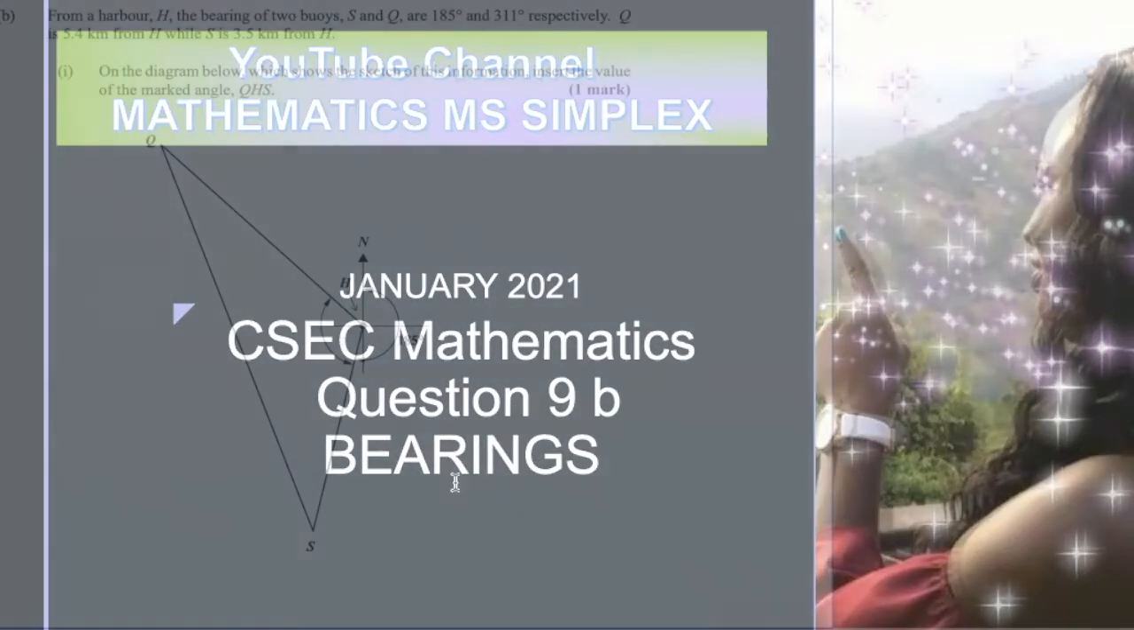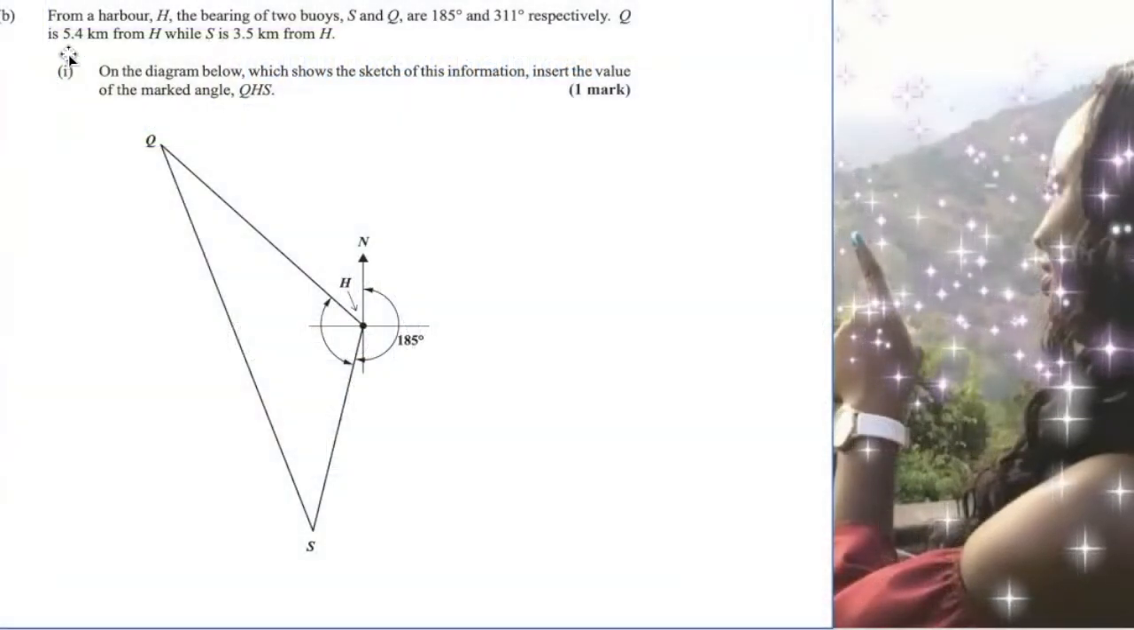It's a bearings question. The question states: from a harbor H, the bearings of two buoys, S and Q,